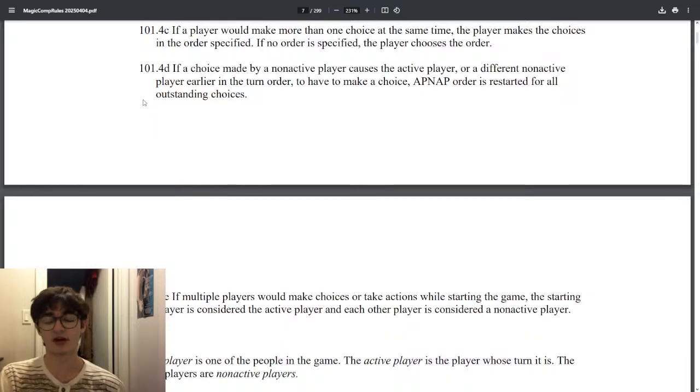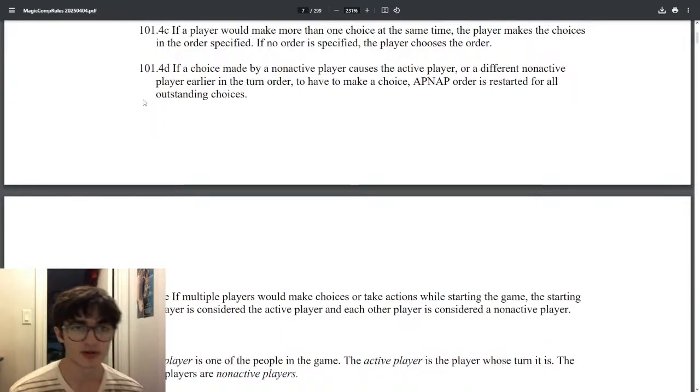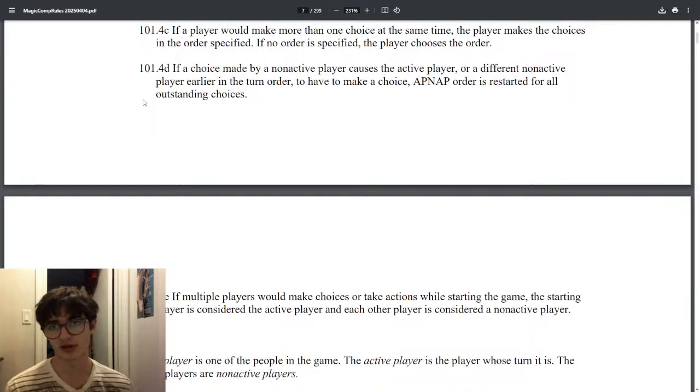If a choice made by a non-active player causes the active player, or a different non-active player earlier in the turn order, to have to make a choice, APNAP order is restarted for all outstanding choices. This sounds weird, but okay, if a choice made by a non-active player causes the active player, so it's your turn and your opponent chooses to sacrifice something, or a different non-active player.